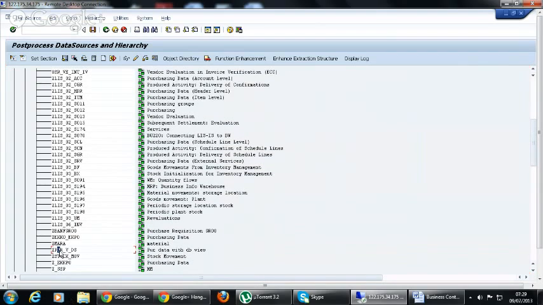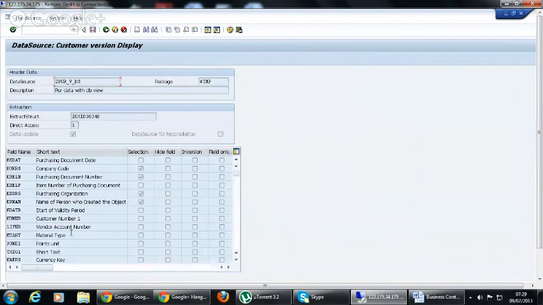Yeah, this is our data. Here you have to double click on the data source. Here you have fields, right? We have selected a few fields. Now we want to find out the info objects for these fields so that we can create an info cube, and we have to add those info objects to the info cube in order to load the data from the data source.